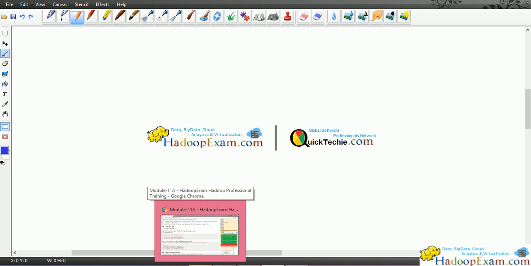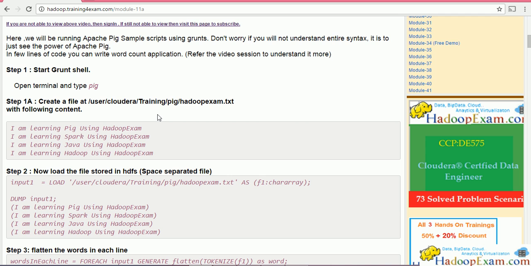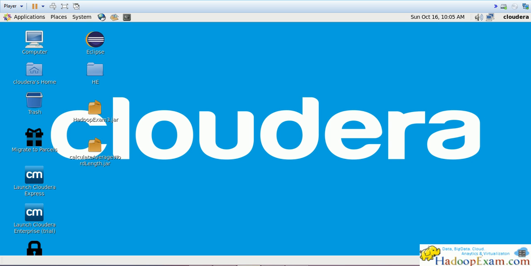So let's first start with the word count application. This is the instruction which I'm going to follow when doing the hands-on session. This is the first application which we will be developing using Apache Pig, where we will be doing word count. So let's create a file in the user. These are the step-by-step instructions I'm going to follow. So open the terminal, Pig and everything, and we are going to do this app hands-on on the Cloudera